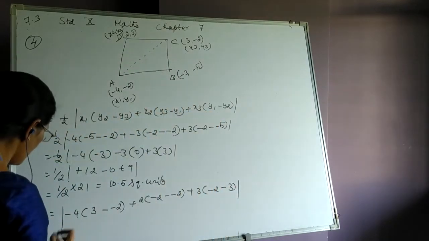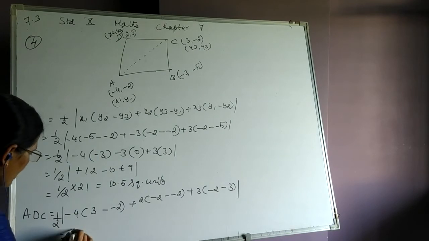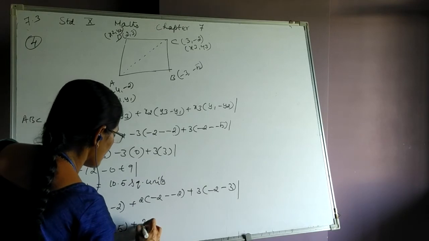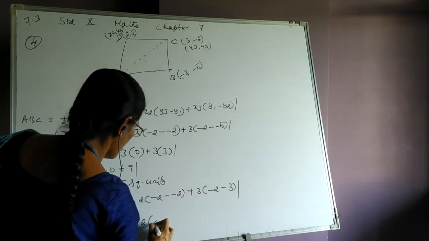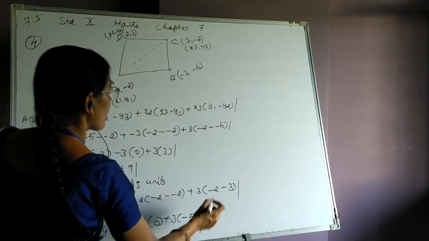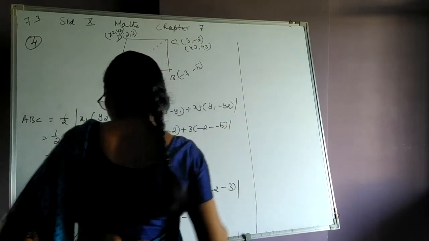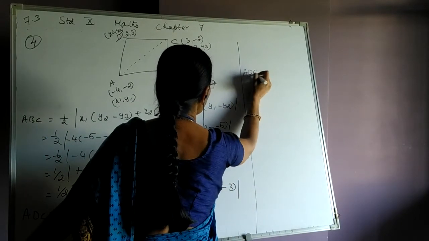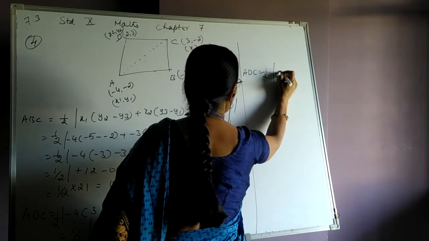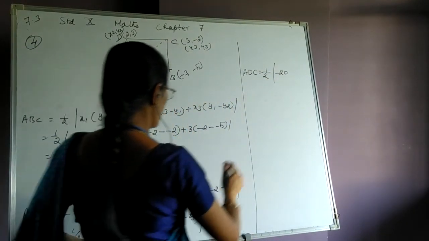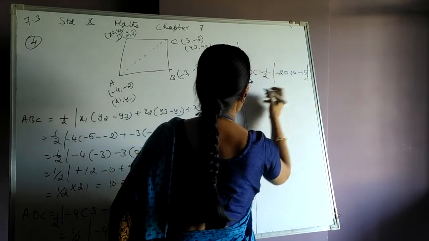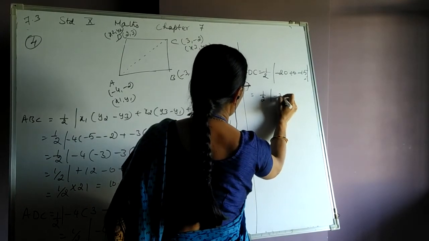Now let us substitute the values. x1 is minus 4, y2 is 3 minus y3 which is also minus 2, plus x2 value, x2 is 2, y3 is minus 2 minus y1 is minus 2, plus x3, which is 3, y1 is minus 2 minus y2 is 3,